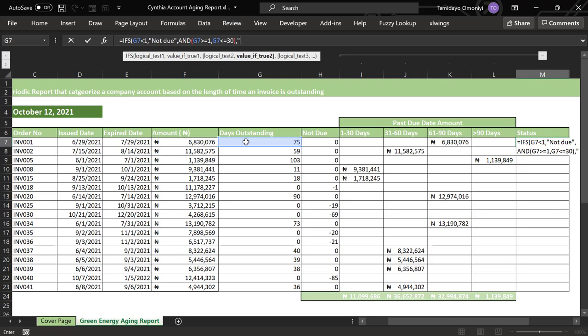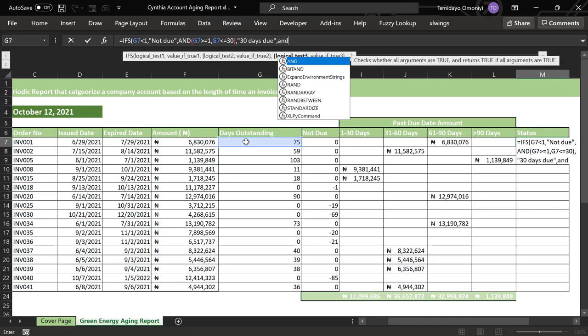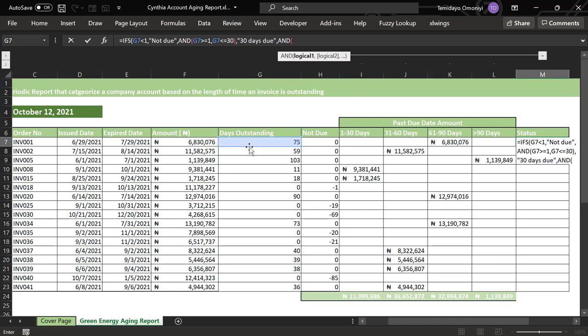Say 30 days due, comma, do another and again. If I'm using IFS, I don't use the nested IF, that's why I'm using IFS actually. So IFS, that's an IF this